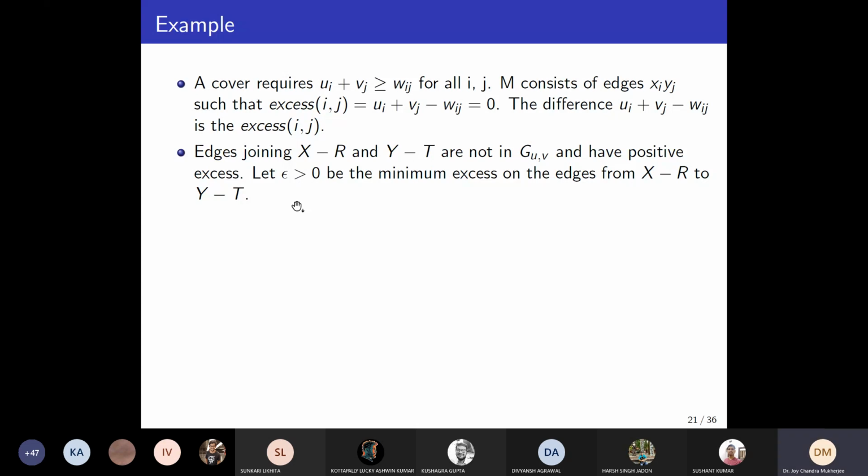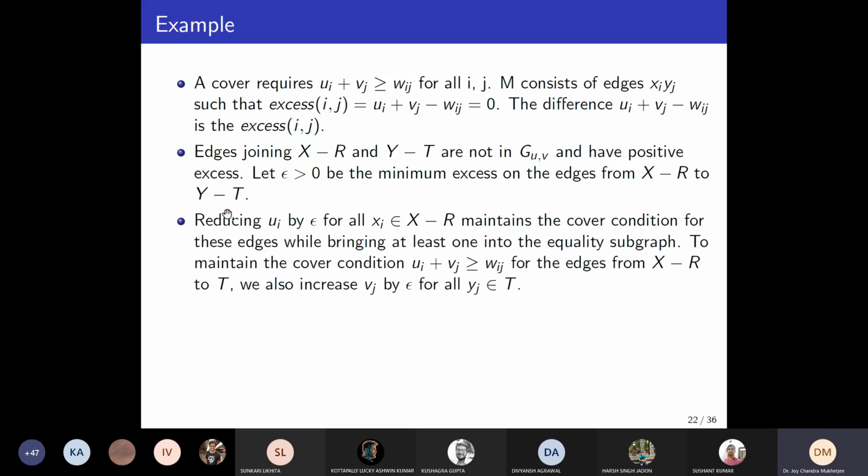Okay. Then what we do, we know that we reduce u_i by epsilon and we increase v_j by epsilon. So we reduce u_i by epsilon for all x_i that belongs to X minus R, and we increase v_j by epsilon for all y_j that belongs to T. So what it says,